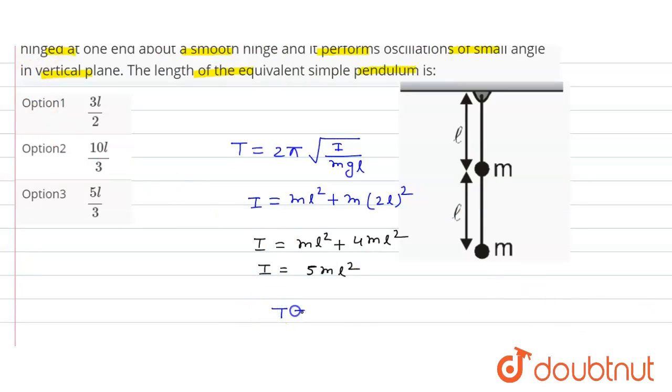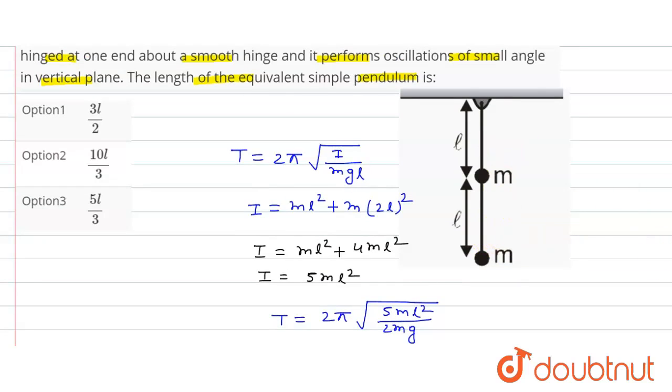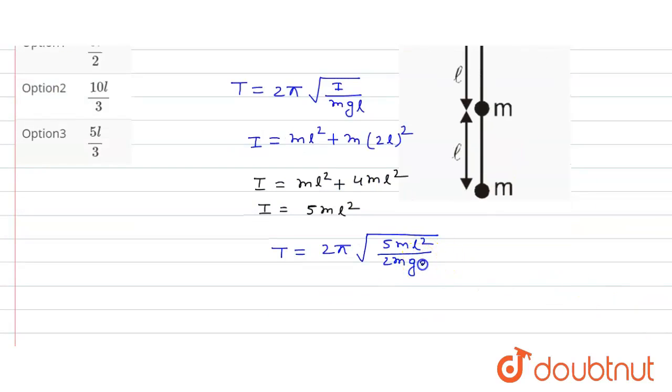So now the time period T is equal to 2 pi under root of 5mL square upon, the mass here will be m and m, so 2m, into g into L by 2 plus L, that is equal to 3L by 2. So from here the time period T is equal to 2 pi under root of, m and m cancel, L and L cancel, so this is equal